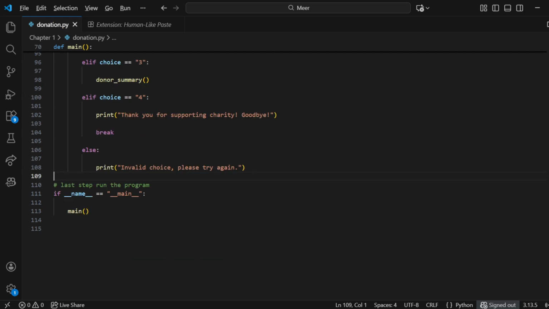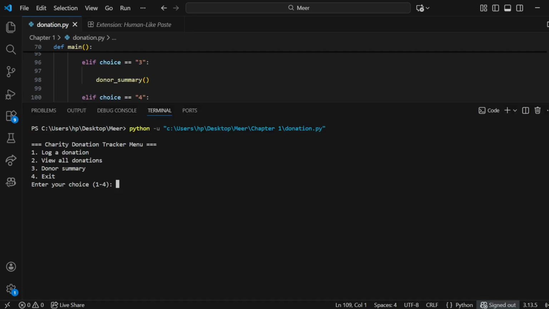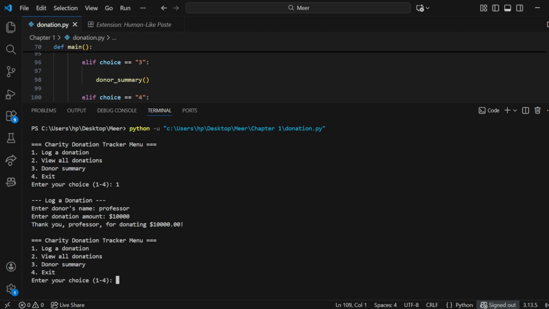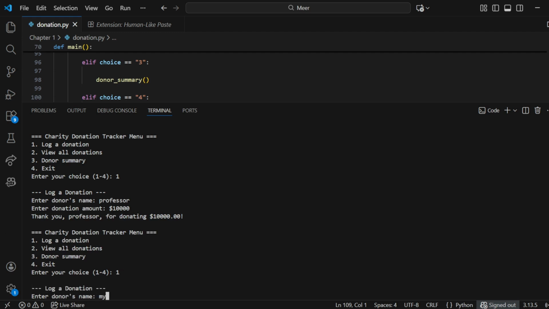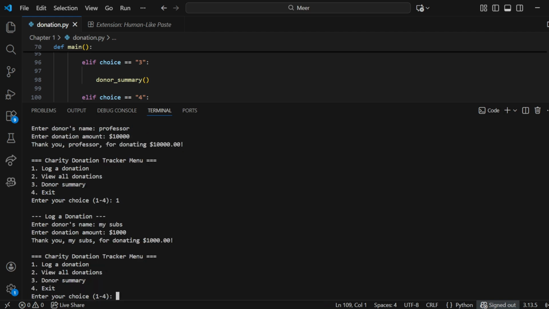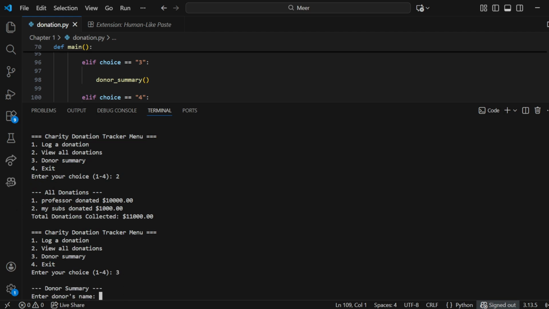Finally, we tell Python to run our main menu when the script is executed. And that's it. We now have a fully working charity donation tracker. Users can log donations, view all contributions, check individual donor totals. You can expand this further by saving donations to a file, creating a GUI, or even adding charts to show